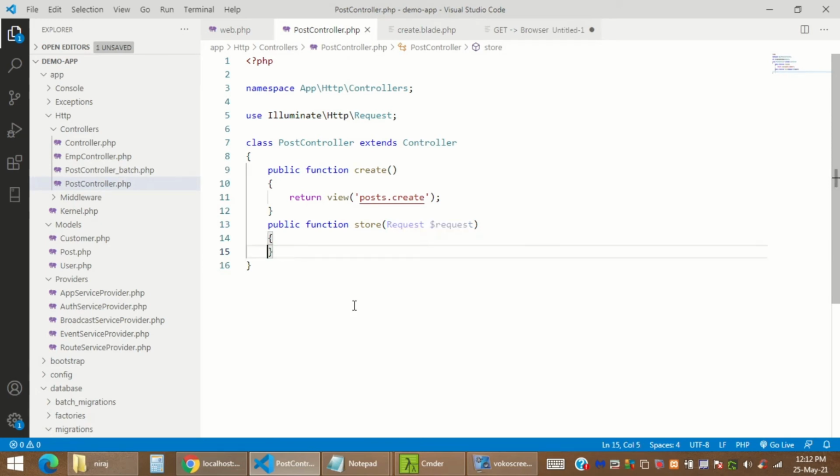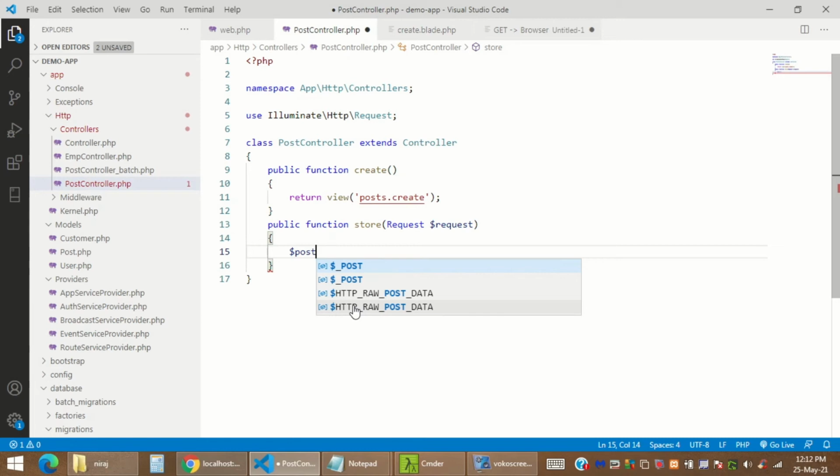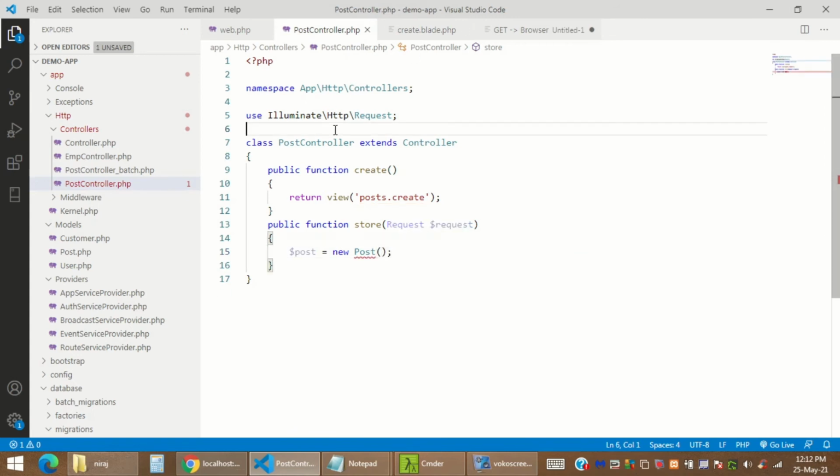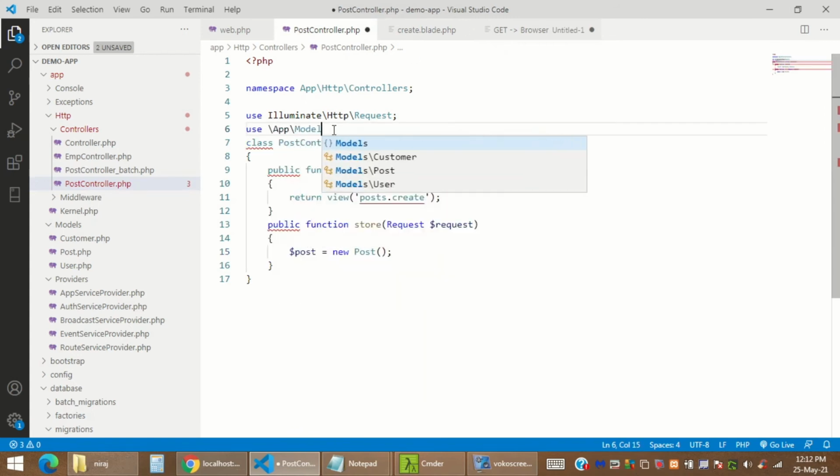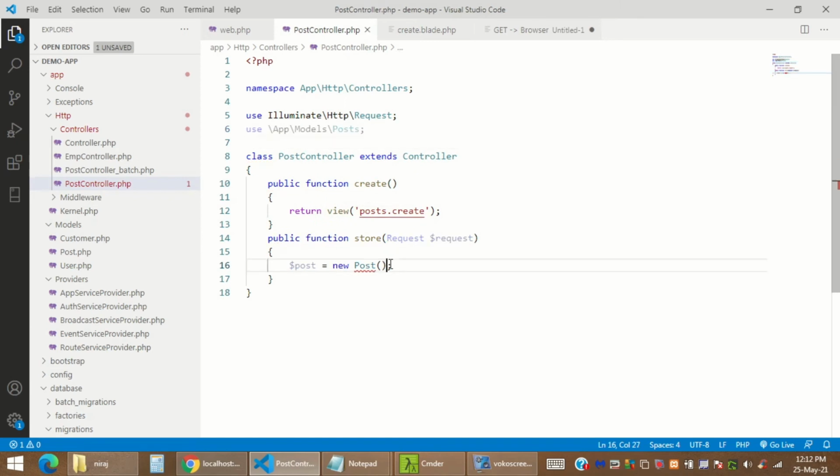So over here I'm going to say that $post is equal to new Post. And for using the Post, I need to tell this controller that my Post is located at App\Models\Post. This is the location of my Post. Then I'm just going to type $post and $request.